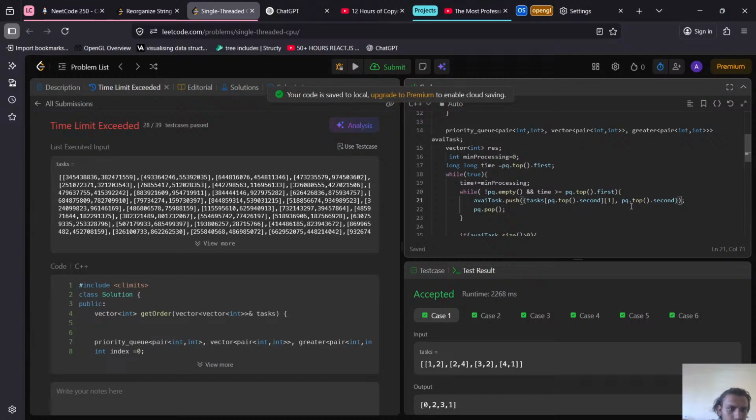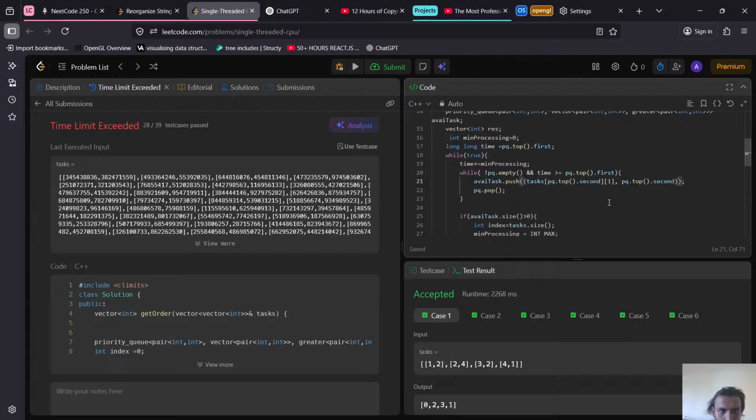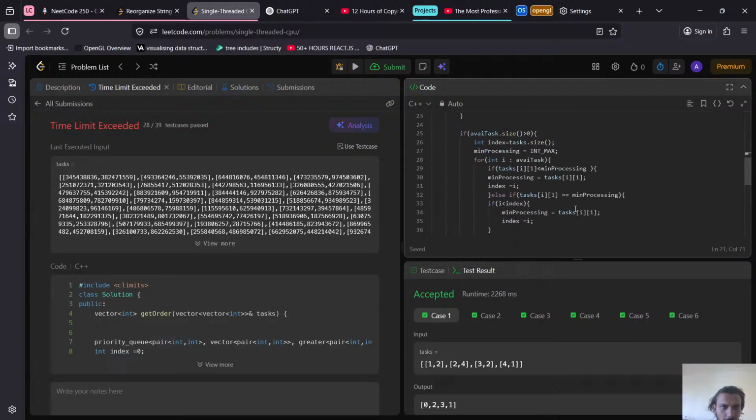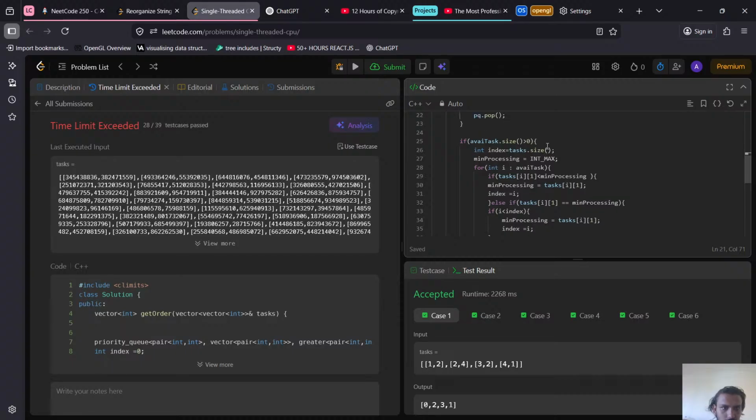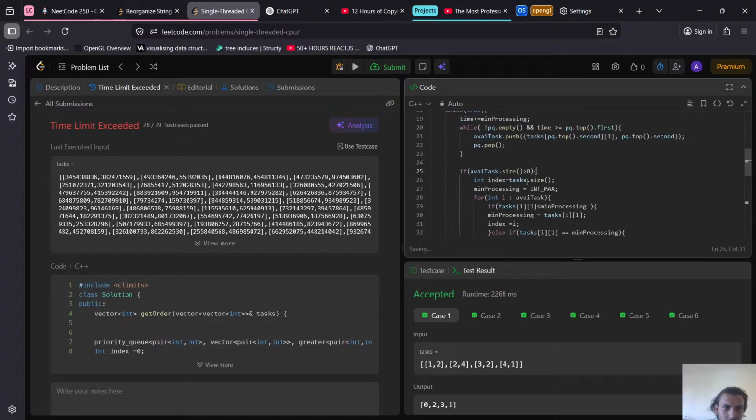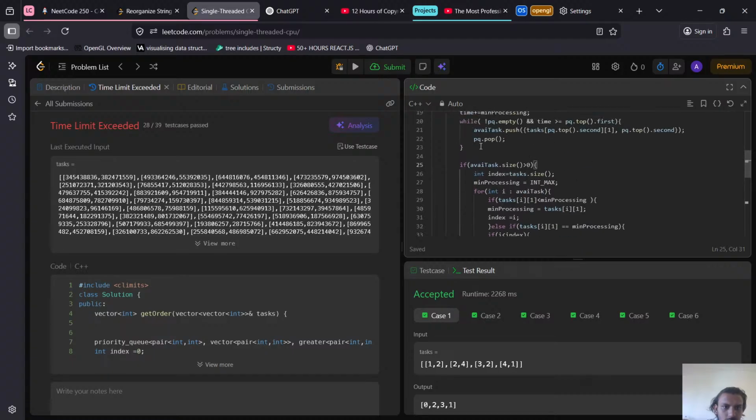The first one is whatever the index we are on, second element, and then we are sorting it based on this. Then once we have available, if our available task is not empty,